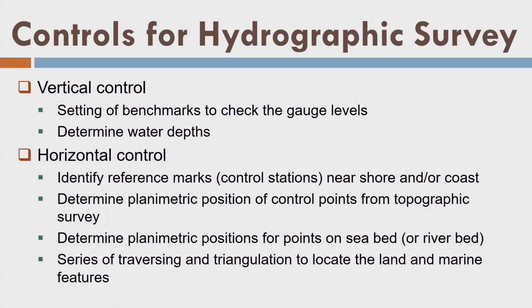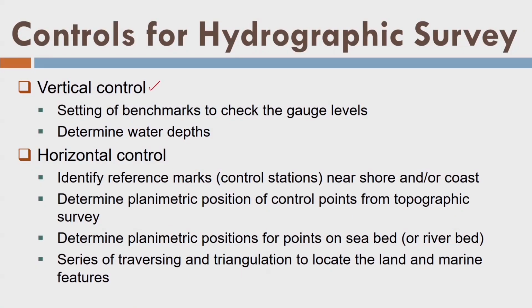Now in case of hydrographic survey, we measure the 3D information. So we have to establish the control surveys. So first is vertical control. So what is vertical control? From the topographic data, we have some data available about the benchmarks. So using those benchmarks, we bring the control stations very close to the sea surface or shoreline. We'll see all these terminologies in the next lecture, but now try to understand what's the concept here. Then using those benchmarks, we establish the levels of the seabed. So that is vertical control.